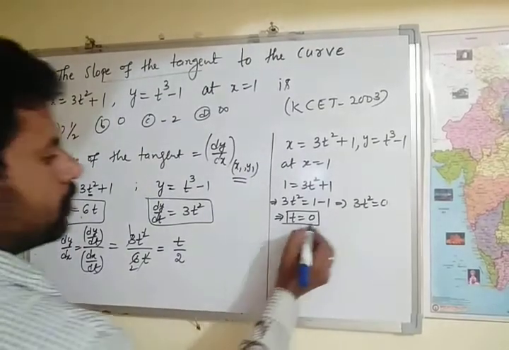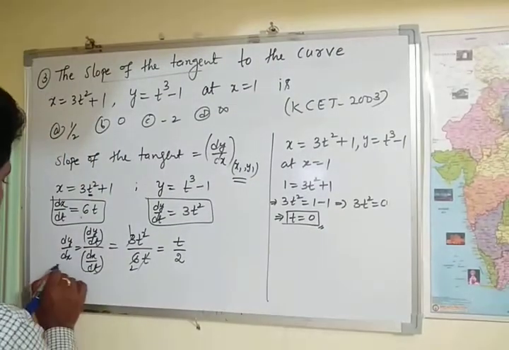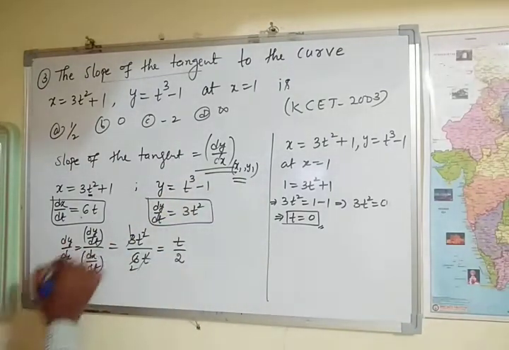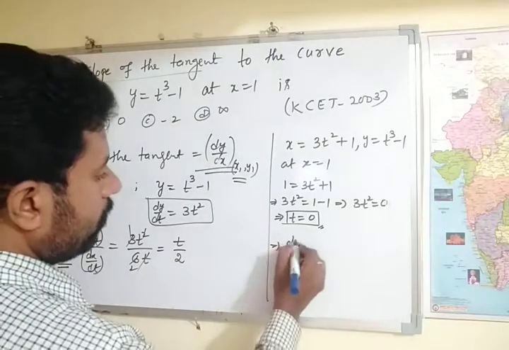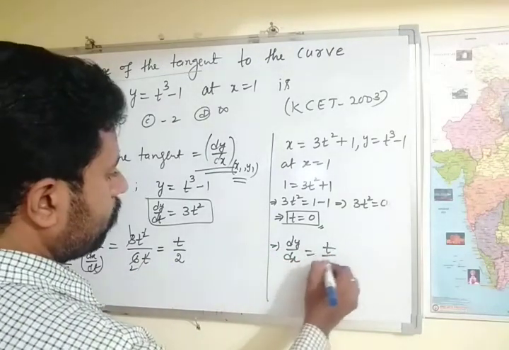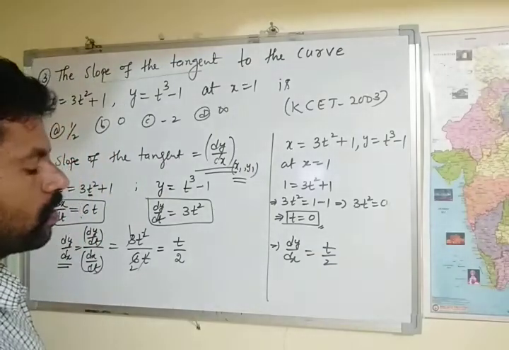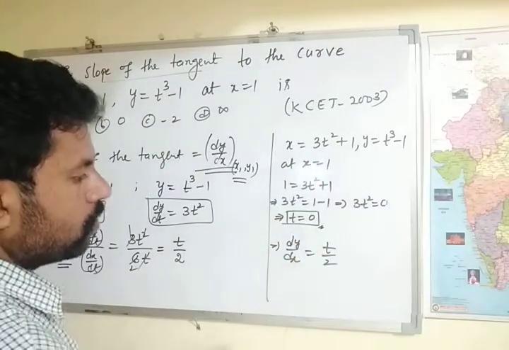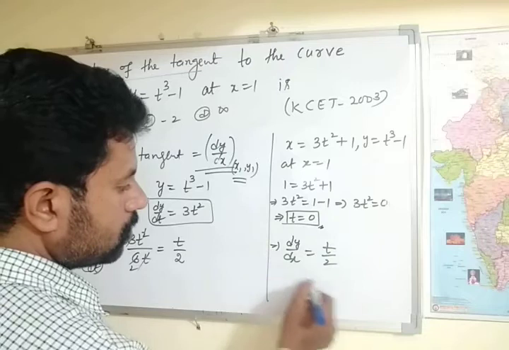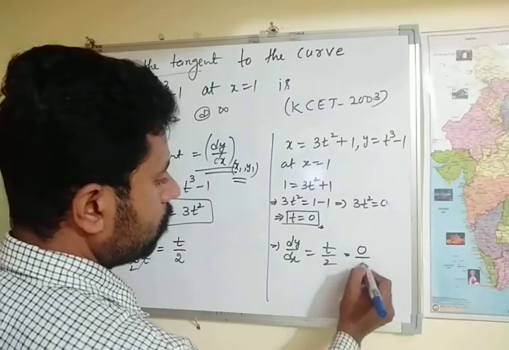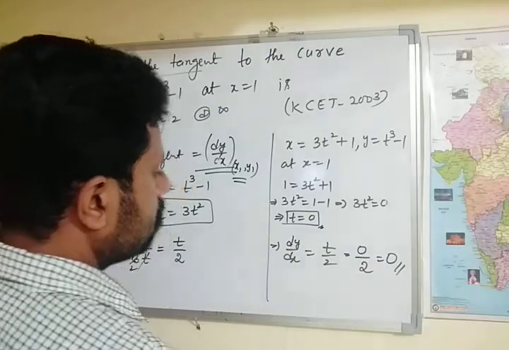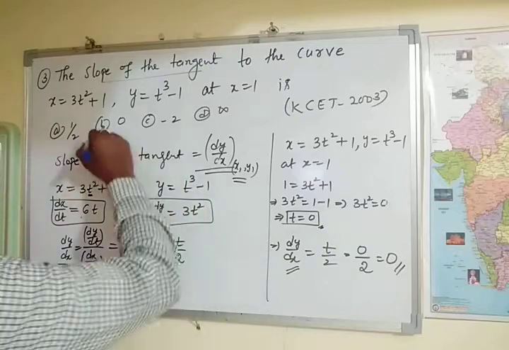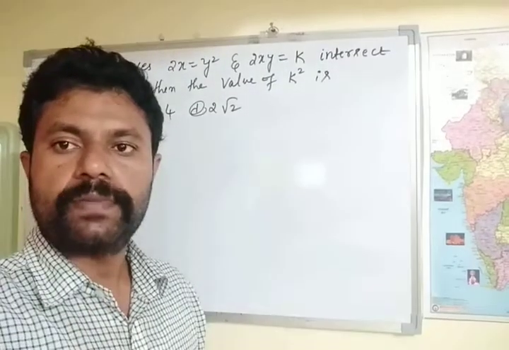See here, we get the value t is 0. See dy by dx, here we have t by 2. Now here we have to find the slope. Easily we get that value dy by dx. T is 0 means dy by dx is equal to t divided by 2. This is the slope of the tangent at the point x1 comma y1, but here we have it in t notation. Using these two curves we get the value t is 0. Substituting, we get 0 divided by 2 is equal to 0. So slope of the tangent, dy by dx, is equal to 0. Option B is correct.